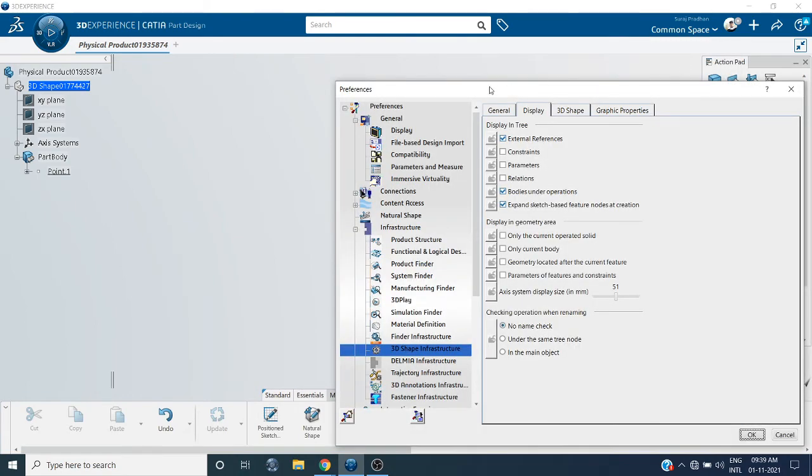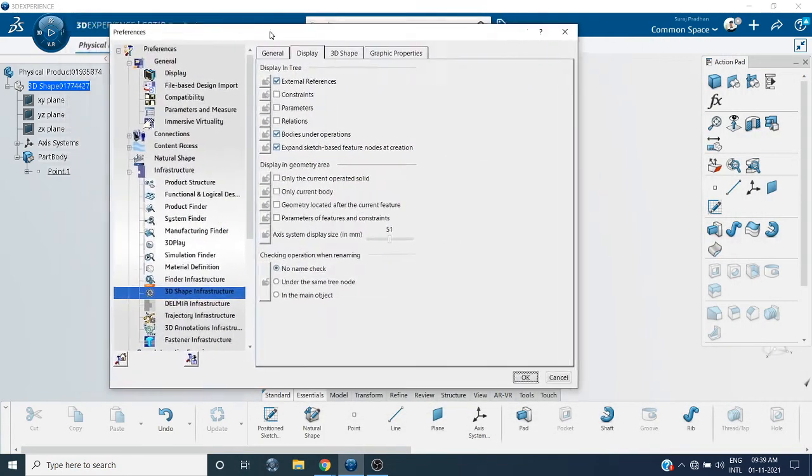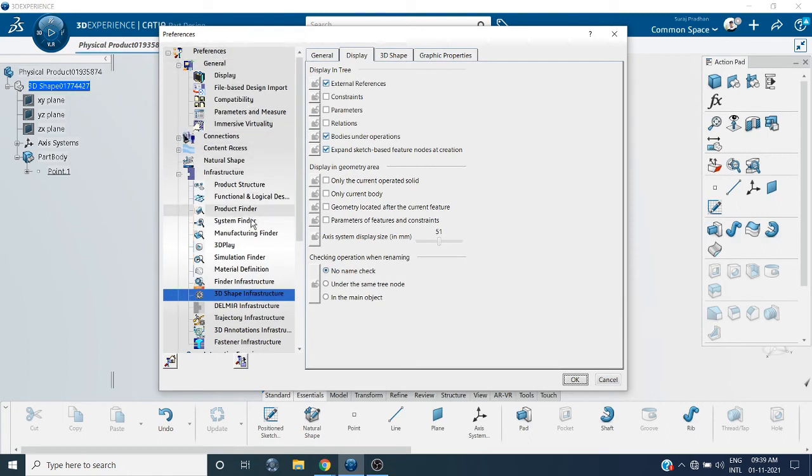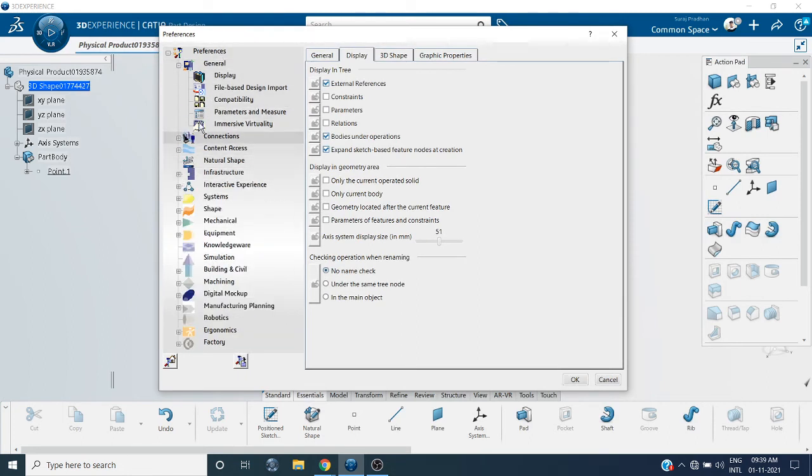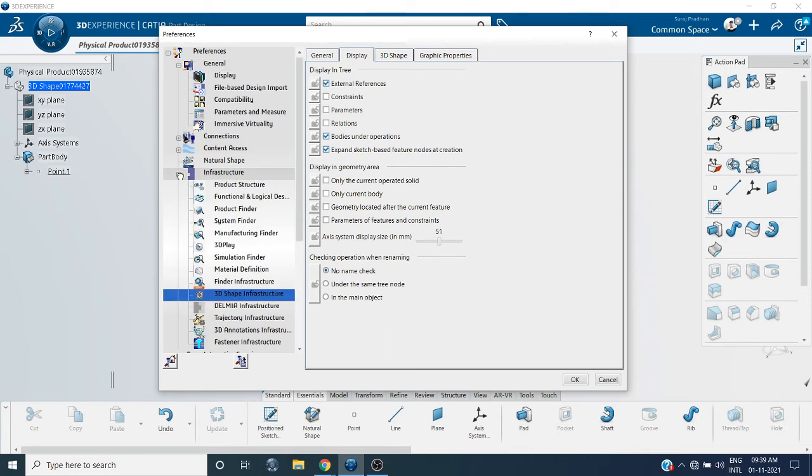After that this screen will come. Then go to Infrastructure, then 3D Shape Infrastructure, and you can change the axis system display size.